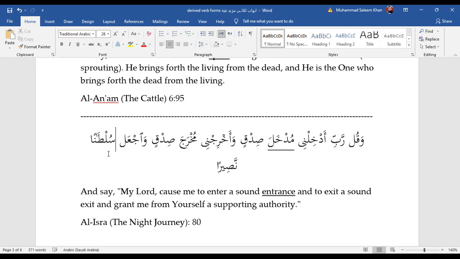Sultan is mawsuf and nasira is sifa. So now what is the grammatical position of sultan and nasira? مفعول به سلطانا. Yes. نصير is the صفة, mawsuf sifa. So both of them are maf'ul bihi, and when you put li min ladunka, we will say this is jar majroor, and jar majroor is called mutallaq. I don't want you to get into that. We will simply say that this is jar majroor.